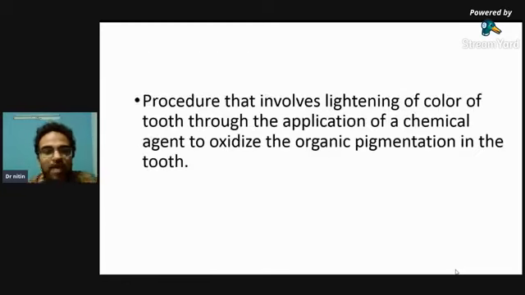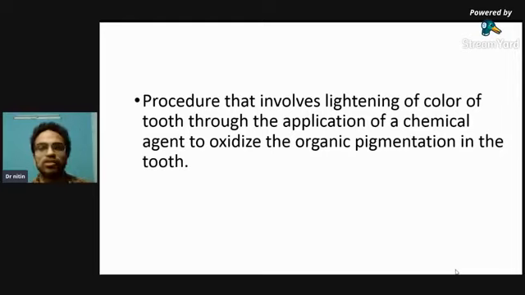Starting with the topic, we have been seeing a lot of bleaching cases through social media channels, and you must have done a few cases in which you used the most common bleaching kit, the Polo Office. But today we'll be discussing more what the components are, how the bleaching action works, and what add-ons we can follow post-bleaching and pre-bleaching, so that we have good results and the least post-operative symptoms.